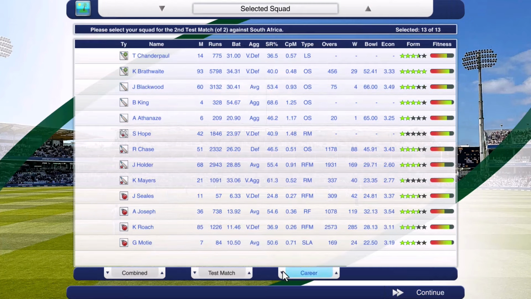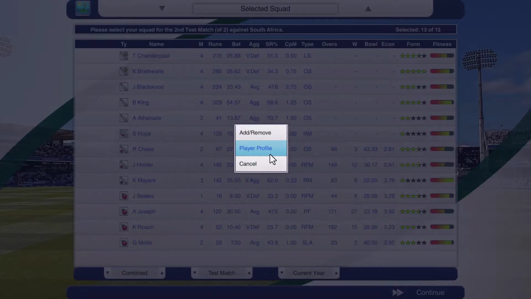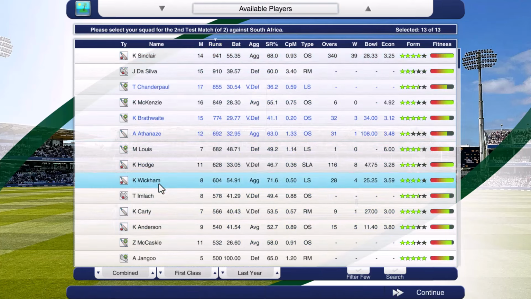I think the most disappointing thing so far is actually Shai Hope. Four matches, average of 15. Kind of hoped I would get a little bit more, given he's got an ODI average of 50. But a Test match average of 23 is exceptionally poor. If we look at the players who did it last year,